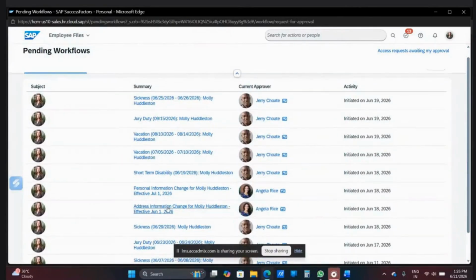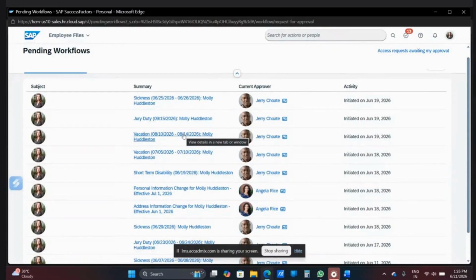If you click on it, there is a leave which was applied by Molly, and his current approver is Jerry, which is his manager, which is pending at Jerry's end, which was initiated back on 19th June, right? So that's how you will get to see how many workflows are still pending and how many workflows got approval. So that's how you will get to see all this information.